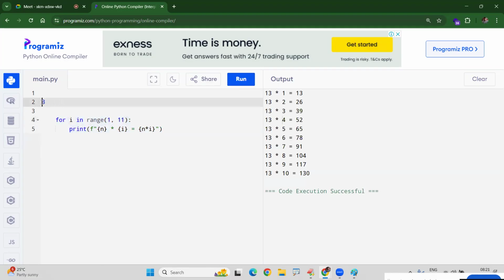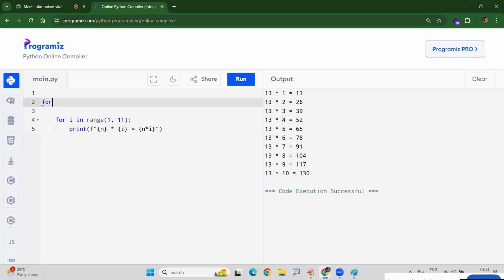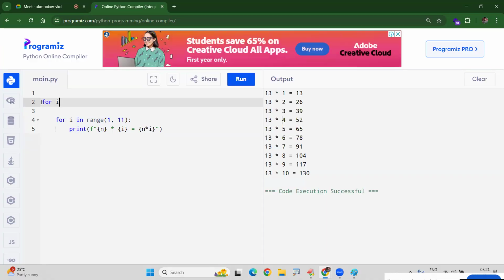Inside this, an outer loop is now added. Again, don't use i, because this is the logic for printing the nth table, n. So the outer loop is always n. n in the range of,